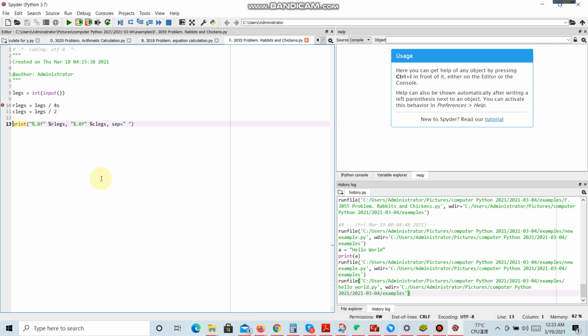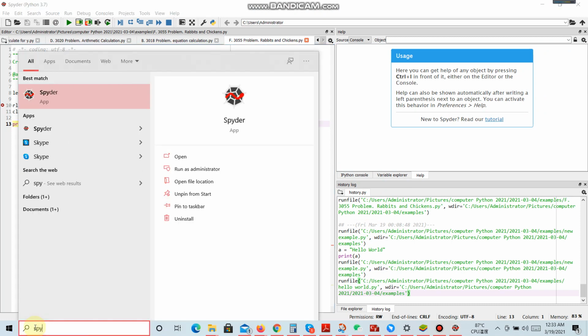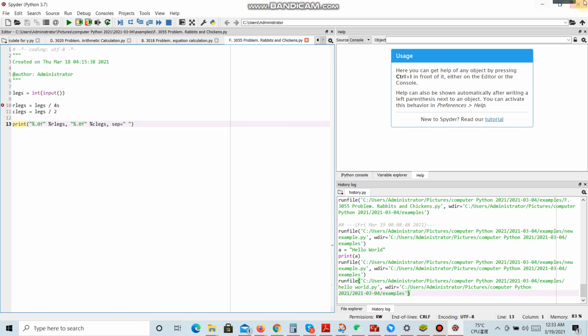After downloading it, just install it. Type Spyder in the search bar, and you see the program icon. You open it from there. But I don't want you to use this, so let's just start from it. If you open it at first, and you do not have any saved or previous programs that you have written,